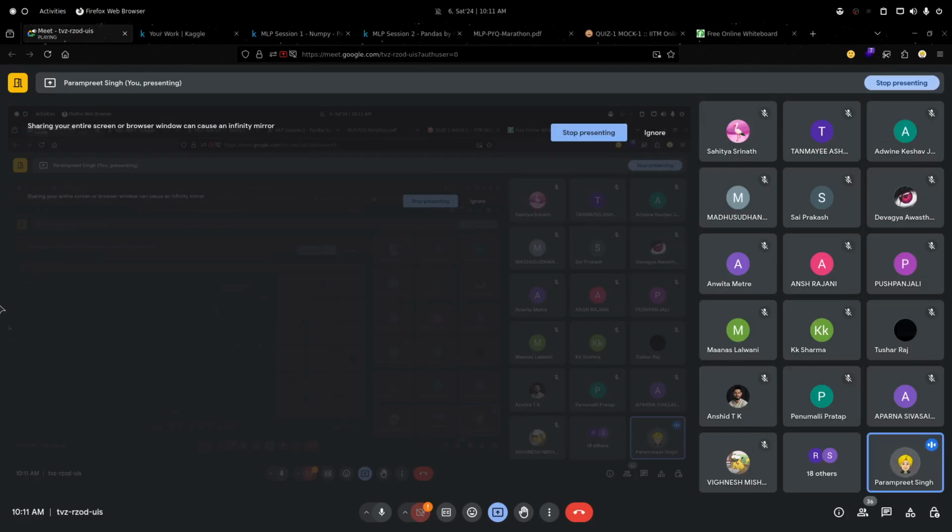Sorry, there is too much zooming. Question 11. Here we have a list of dictionaries, with two separate key value pairs, and we are calling DictVectorizer.